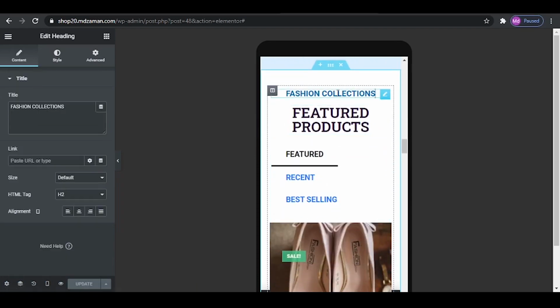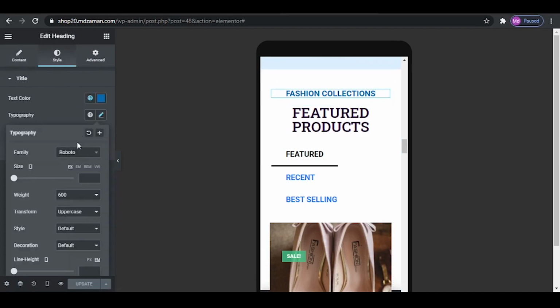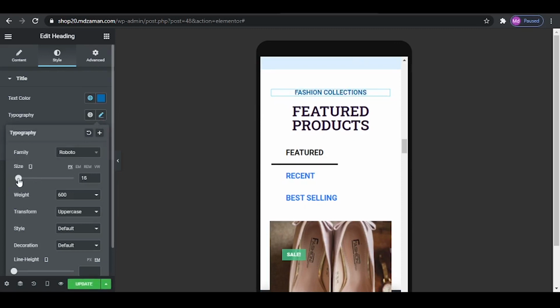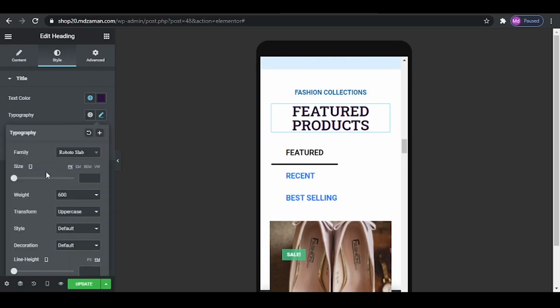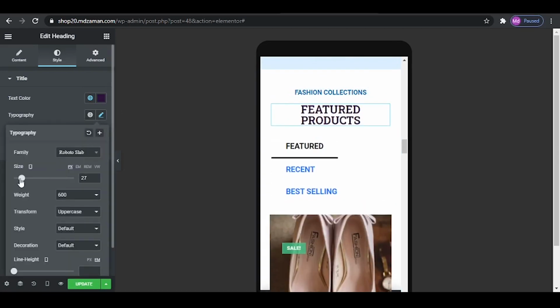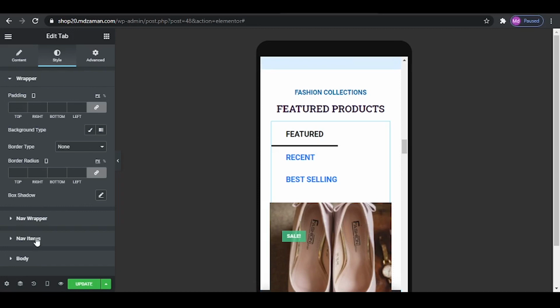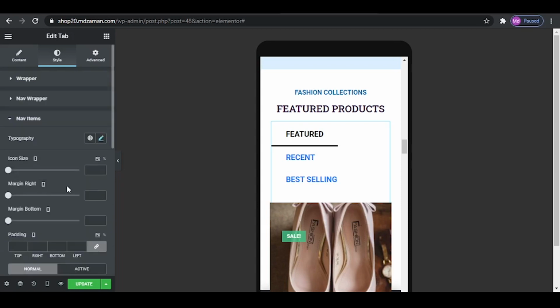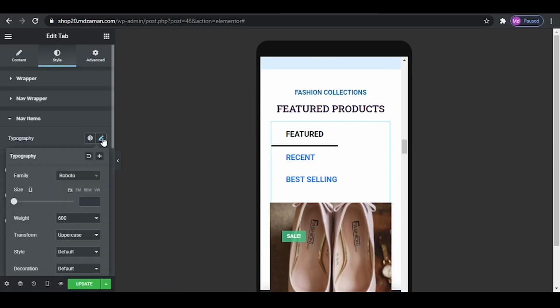First of all, I want to make this font a little small. So come to style, and from the typography, I'm going to reduce the font size a little bit. Let us keep it 16. For the next title, I'm going to make it this much, 24. And the next element is the tab one. So we are going to go to the nav items. Make sure you're in the style tab. Now click on nav items. And over here, first of all, we are going to reduce the font size. It is just too big. So click on it and reduce the font size and make it